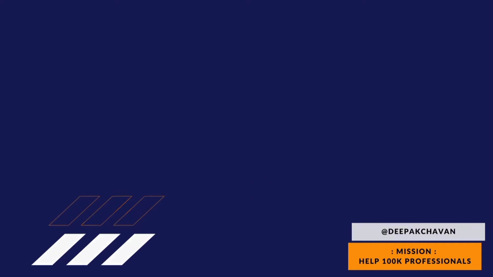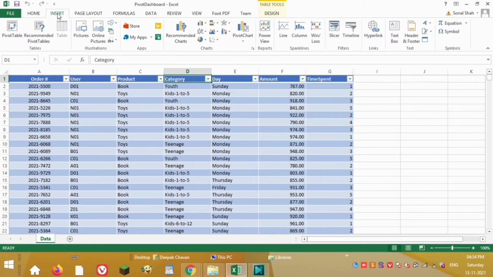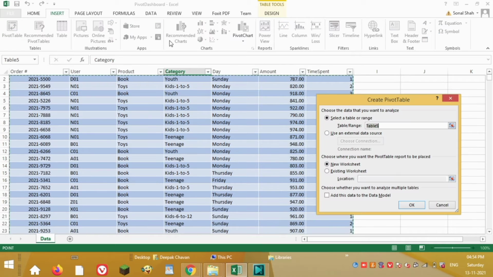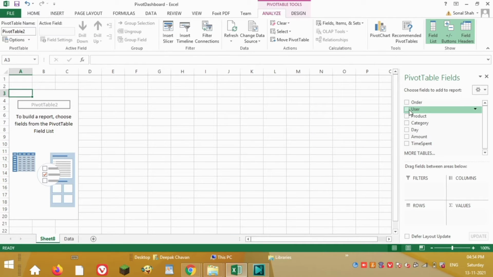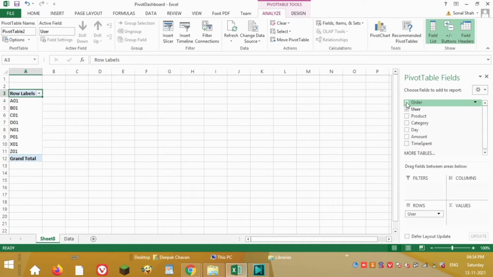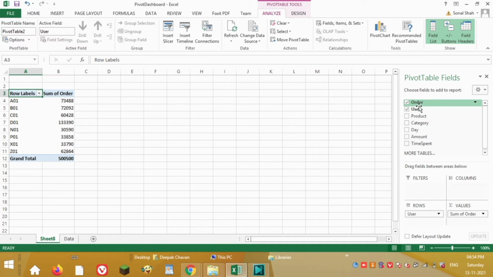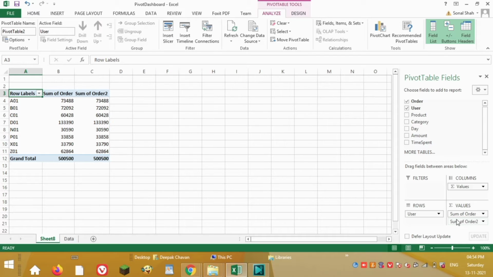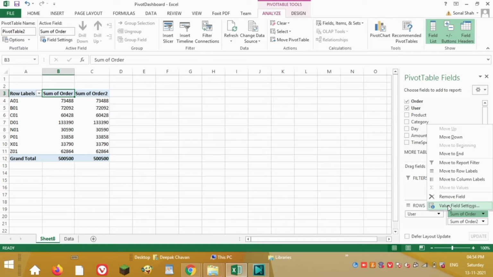Let's start. Let's quickly start. So this is our data. We have a data available and we are going to create the pivot table. I'm selecting the first field for the pivot. Kindly observe the screen, and I have taken the same order number 2 times, one for taking